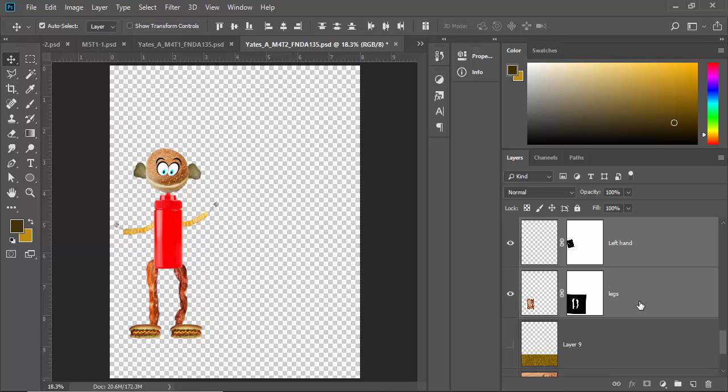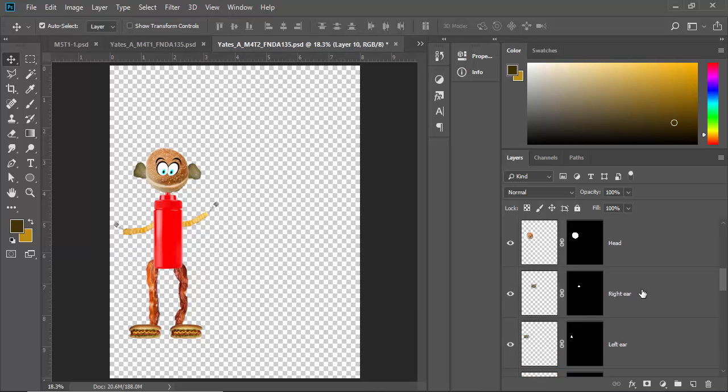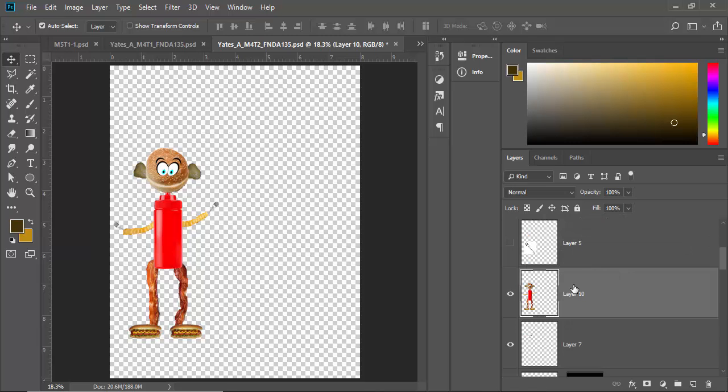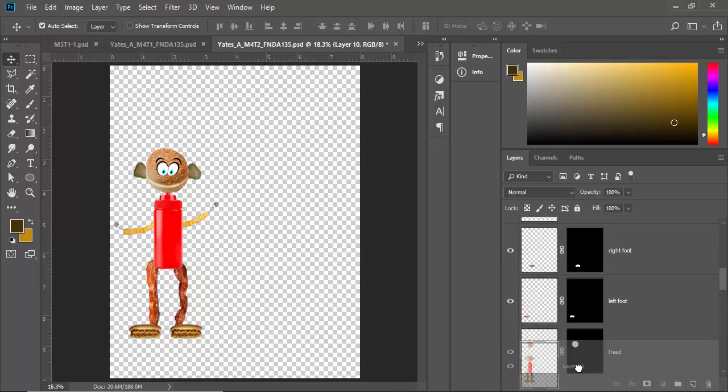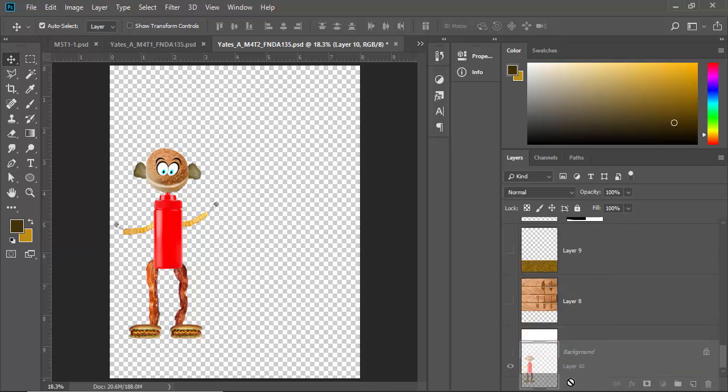Then I'm going to go in and hold down a shortcut keys, and this is where you've got 4 keys to hold down. I want to hold down the Control Alt Shift and press the letter E. Now what this is going to do is create a duplicate of everything together and brings it together, and you don't destroy your layers. And what I'm going to do is I'm going to move this down toward the bottom,